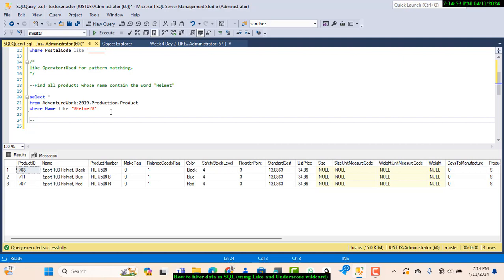The next example here, I'm going to find all employees whose job title ends with the word manager. So I want to find all employees whose job title ends with the word manager. Okay, so go ahead